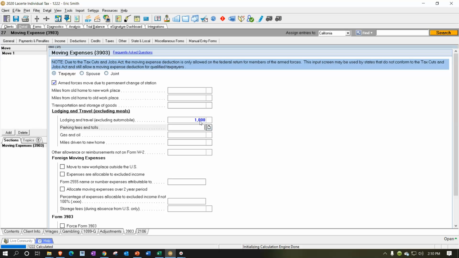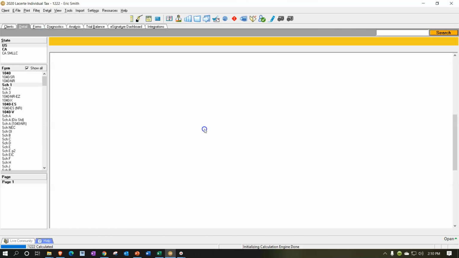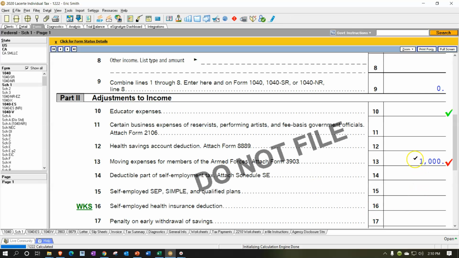But I'm not going to get into a lot of detail with it because, again, I don't think it's something that is going to be applicable a lot of the time. So if I go back on up, we're going to say we have the 1,000. So there's going to be the 1,000. I'm going to uncheck this. And we now have this form